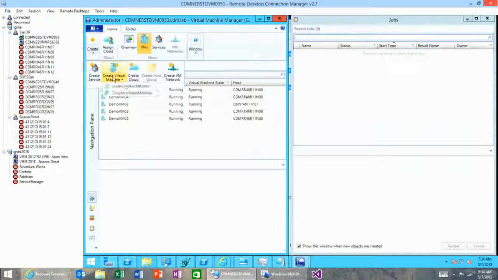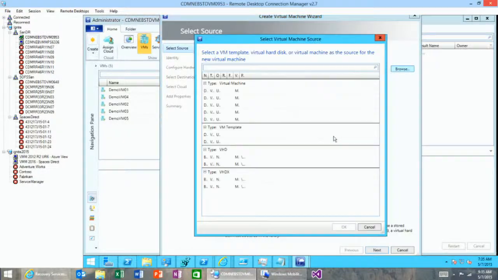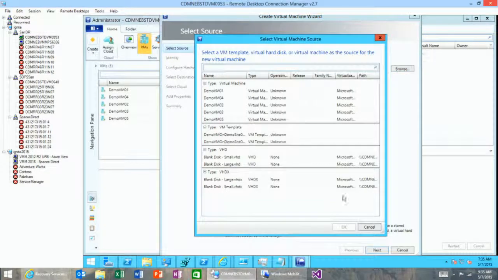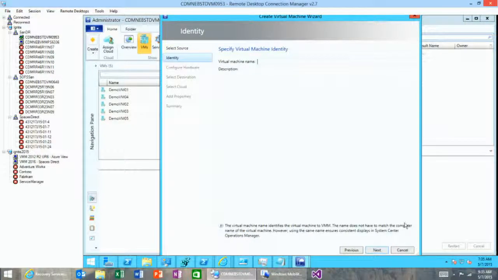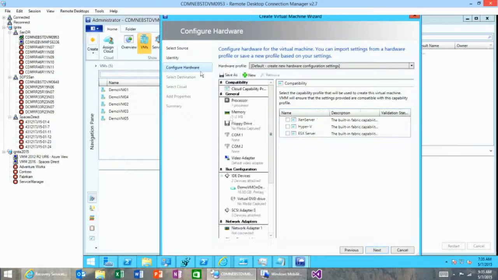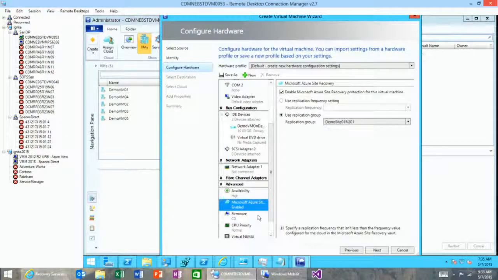And so if I want to actually start protecting a virtual machine, I would go to create a new virtual machine. In this case, I've got a template, so I'll accelerate the provisioning process a little bit. And in the hardware profile, if I scroll down to Microsoft Azure Site Recovery,